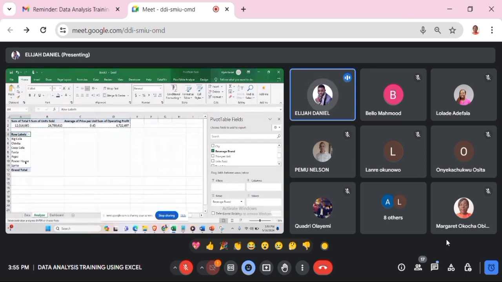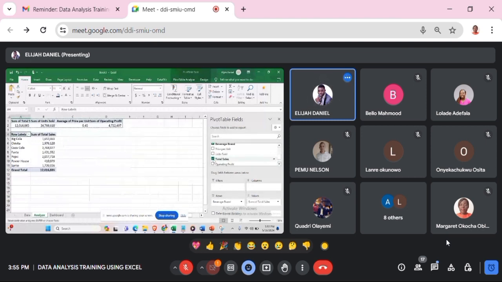So the next thing I want to do is click the total sales of all the products. You can see the sales went to values, because these are values. These are not text. They are values. Then the next thing I want to do is